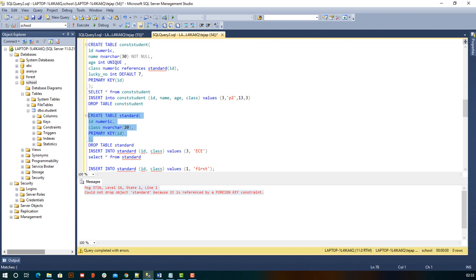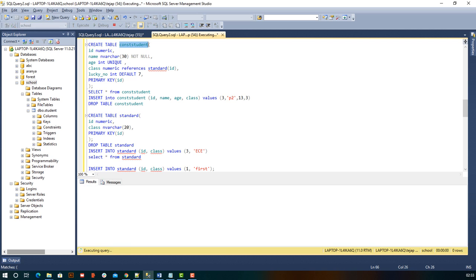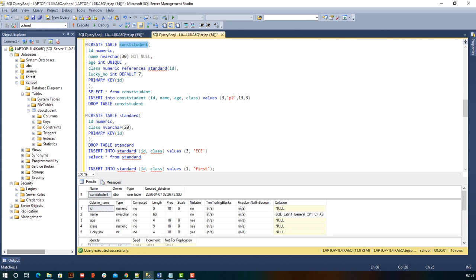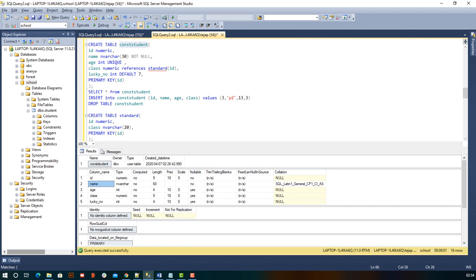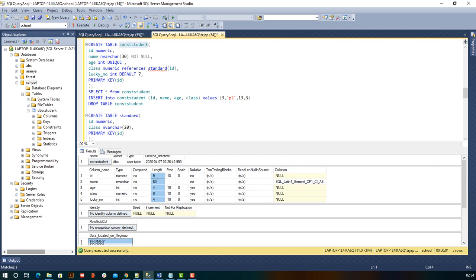So if you want to see the complete details about constant student, I need to click on Alt F1 for this ID. But again, we have different queries to know about those tables. So if you see, constant student has all these column names. This is the type, this is the length that it can accept, and the constraint is this is primary key, and we have foreign key somewhere.